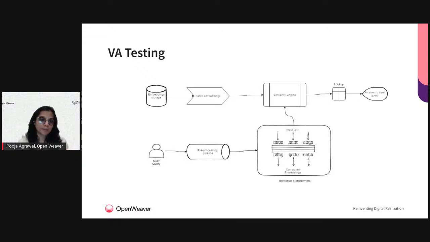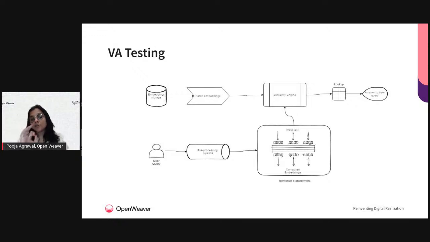Next is your testing part. Within the testing part, we already have your stored embeddings. We need to load or take those stored embeddings. We need to fetch them wherever we have stored them in the file. We'll again load them into our notebook. We'll be using the Jupyter notebook. We will load or fetch these embeddings. And then why are we loading them? Because now we will test based on the user query.